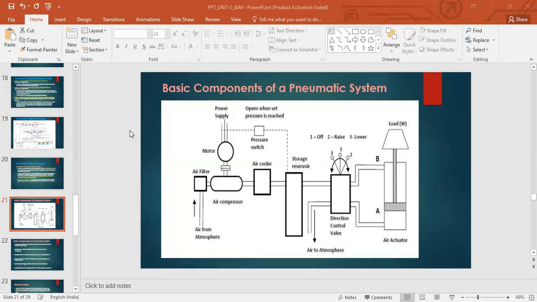So you see here, there's an air compressor, right? And this air compressor, how is it operating? With the help of this motor. This motor is the input source for this air compressor to work. And the motor requires a power supply. The air compressor takes in the air from the atmosphere, right? You have an air filter to filter the impurities, the unwanted particles from the atmosphere,